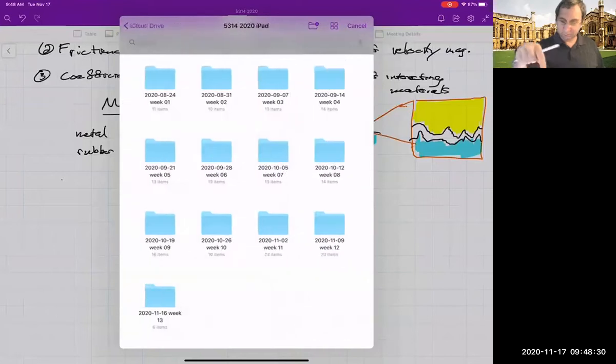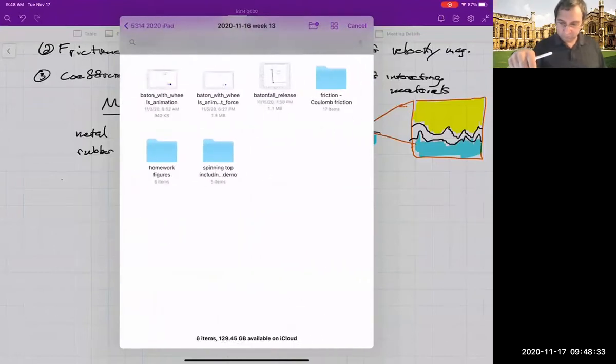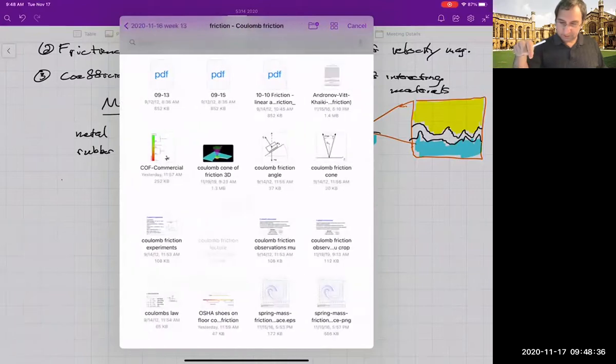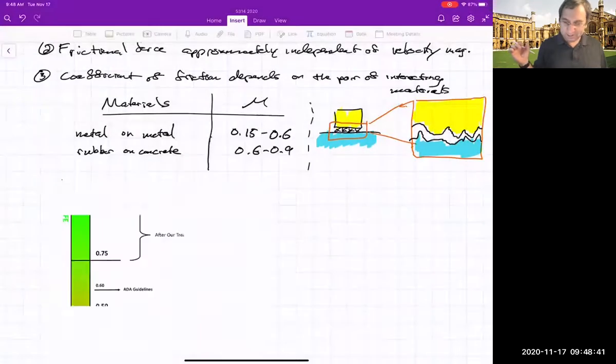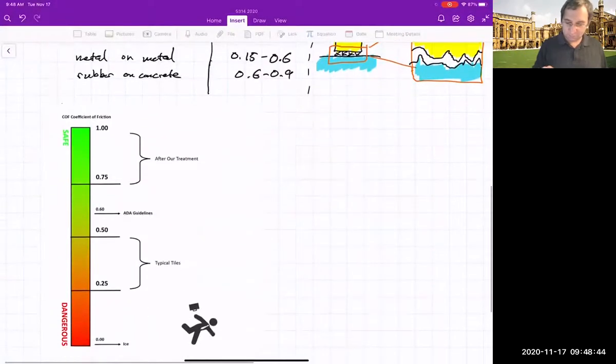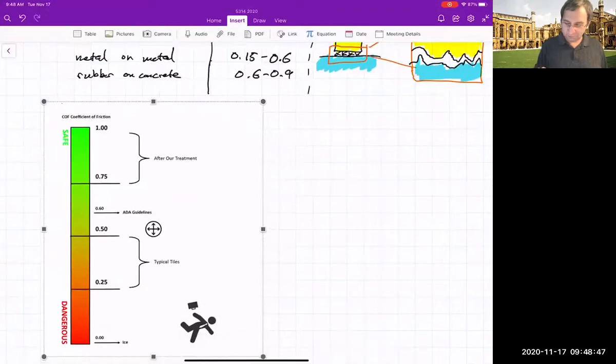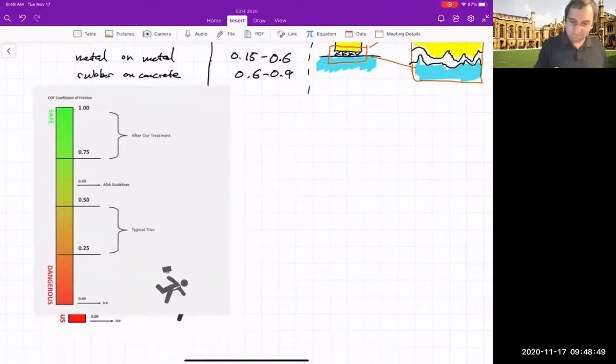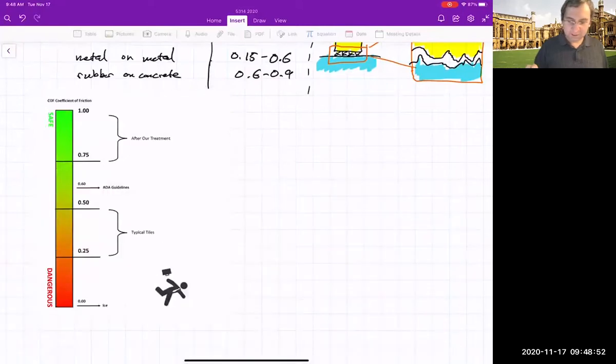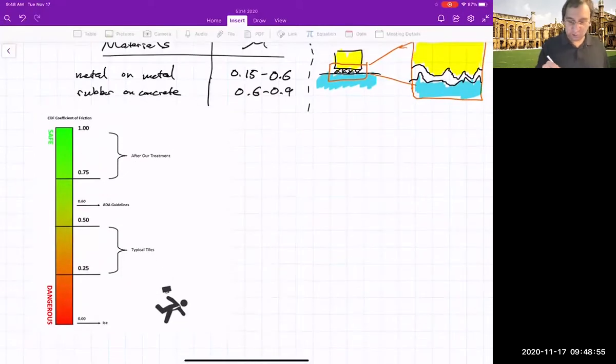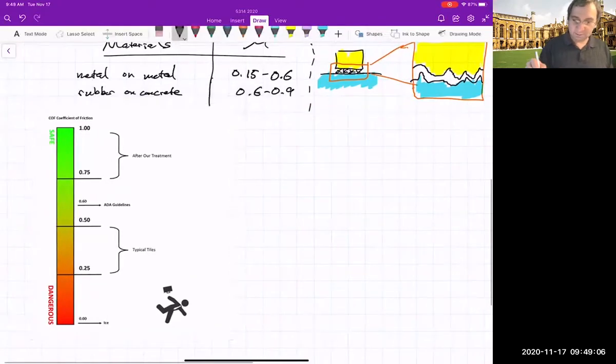There's a list, if I can find it. Yes. Where is it? Yeah, I think this actually comes from an advertisement for people who will do treatment of your floor at your workspace so that people don't slip. That's why it says up here, if you can read it, after our treatment. So this is showing the coefficient of friction going from low down here to high. And so they have this kind of color coded, like, oh, this is dangerous. You don't want to be here. It's bad. And they say this is ice,